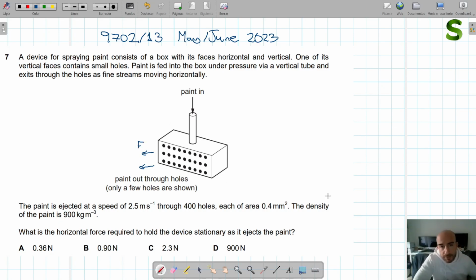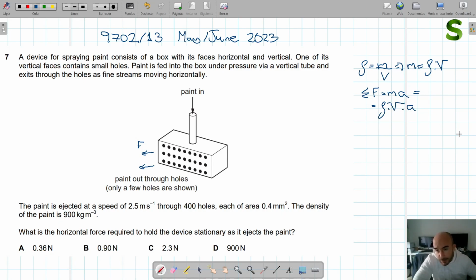All these exercises are done the same. When we have areas and when we have velocity, take a look at this. Well, if we have density, we can express density as mass divided by volume. Mass equals density times volume. So we know that the resultant of the forces equals mass times acceleration, and mass can be expressed as density times volume. So we know that the resultant of the forces is density times volume